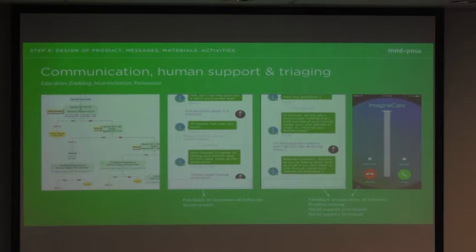So once we've got our plan in place, we're starting to track. All of that data behind the scenes is being processed through these care pathways. And we get feedback on the outcomes of our behavior itself. Hey, you have actually done what you said you were going to do. We get a little social reward when that's acknowledged. And we get feedback on the outcomes of the behavior as well. So, hey, your blood pressure is trending great, or it's doing